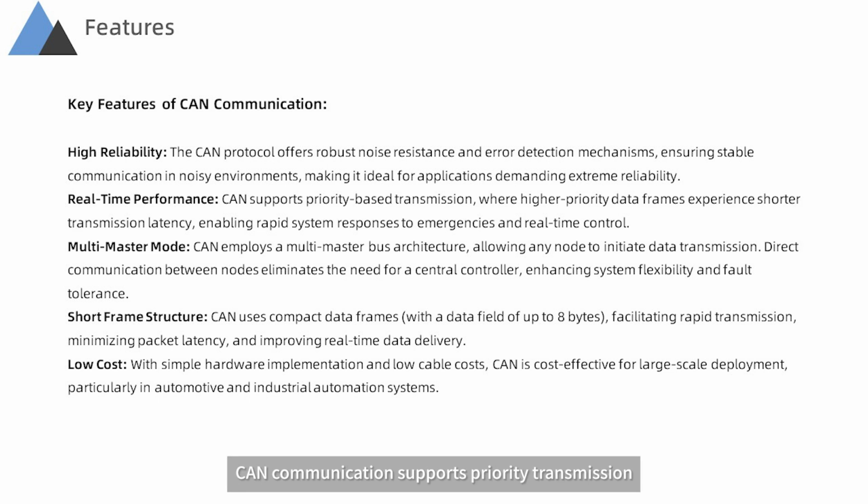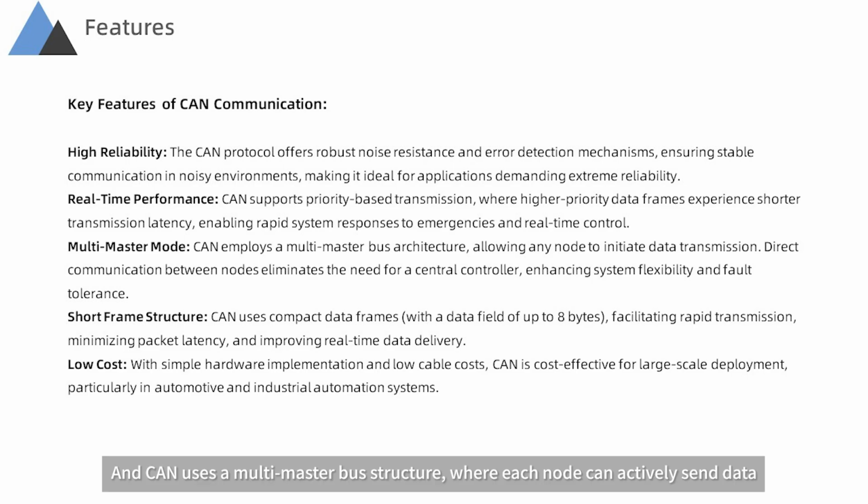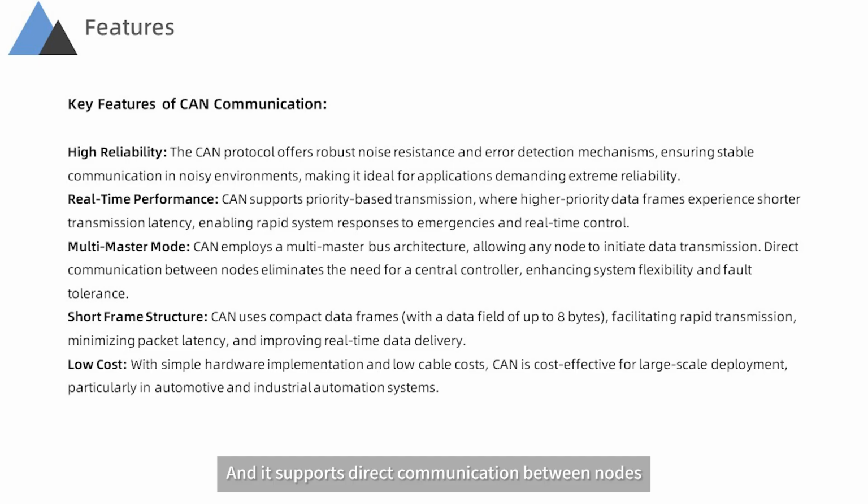CAN communication supports priority transmission, so the higher the priority of the data frame, the shorter its waiting time, enabling the system to respond quickly to emergencies. And CAN uses a multi-master bus structure, where each node can actively send data, and it supports direct communication between nodes without coordination from a central controller,